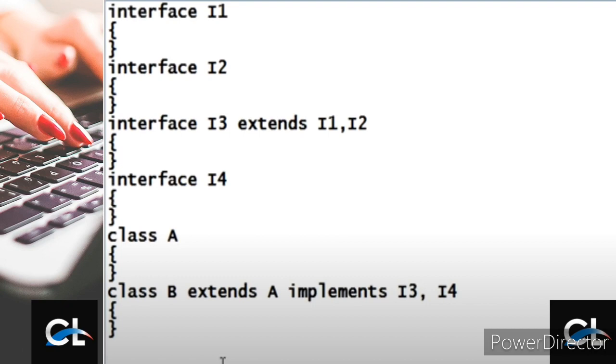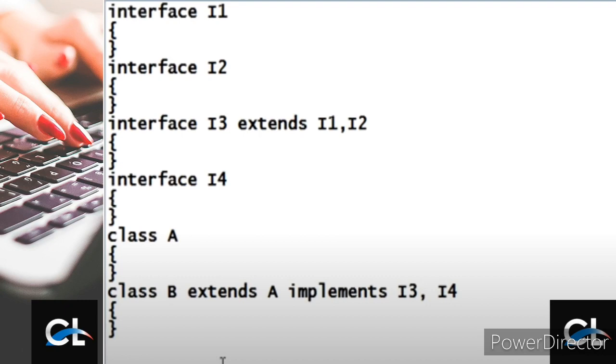If I create another interface which is I4, and after that we create a class A, we all know that the extends keyword is used to extend the common properties from a superclass by a subclass. So till I4 it is an interface.